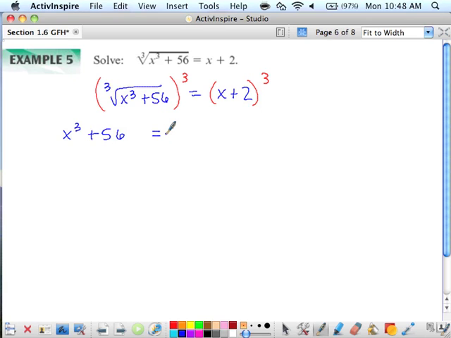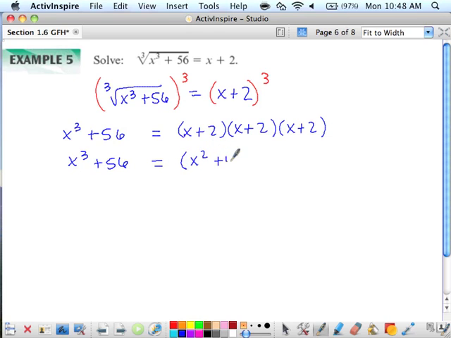So the first thing I'm going to do is multiply the first two factors together. So we'll keep the left side, and over here we will have x squared plus 4x plus 4, all multiplied by x plus 2. Now we need to multiply x squared plus 4x plus 4 by x plus 2. So we'll keep the left side,